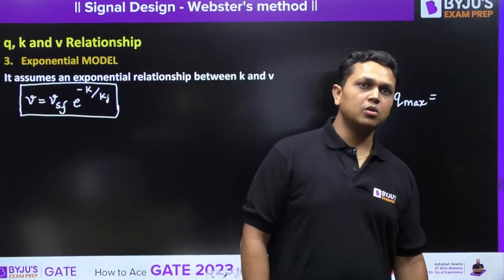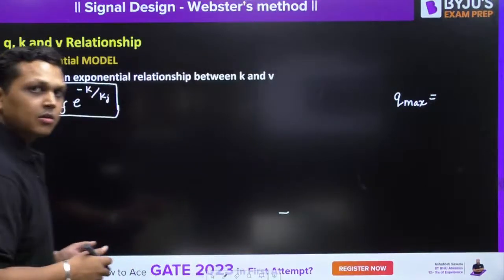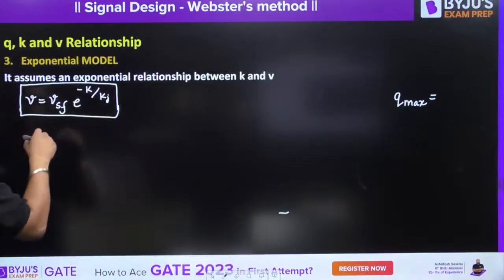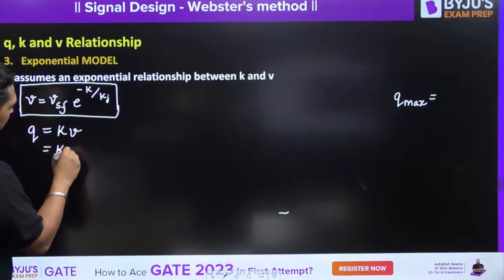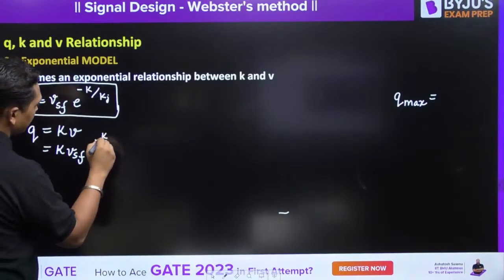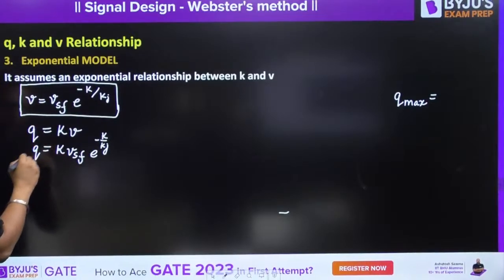Mean speed into mean density, Qmax. All right, let us calculate. So, what will be your traffic flow? It will be equal to kV, which is equal to K into Vsf e to the power of minus K upon Kj. Okay, now for Qmax,